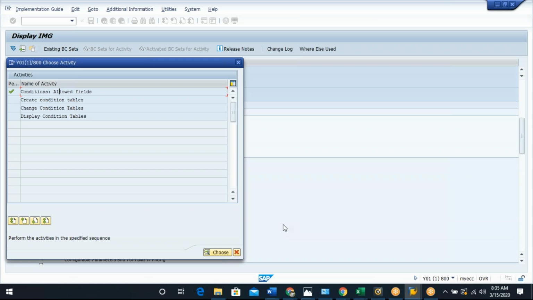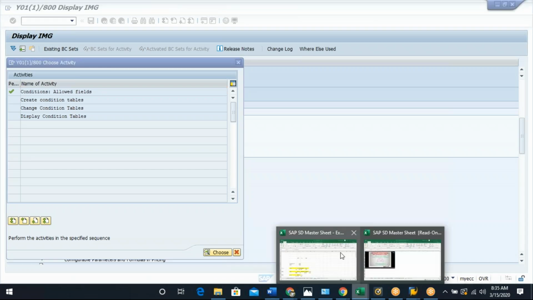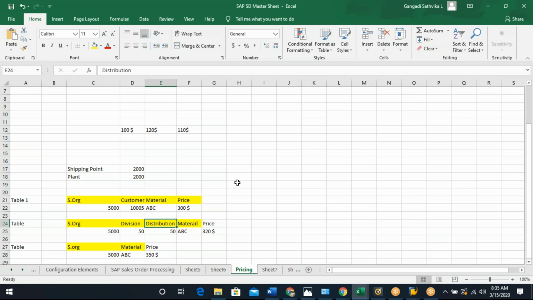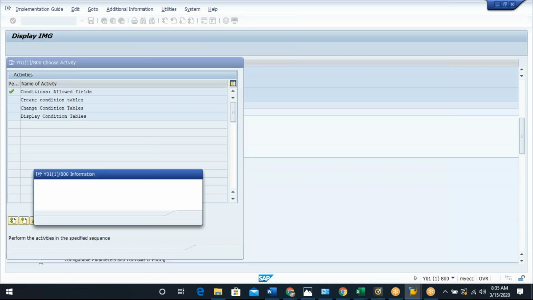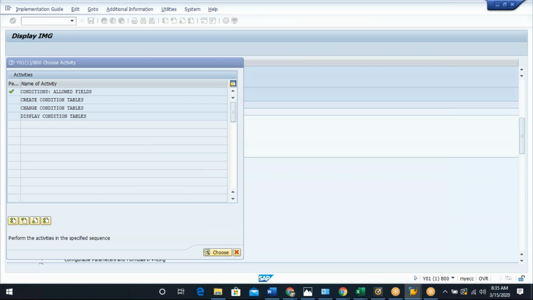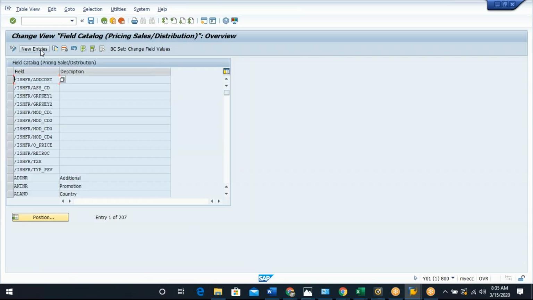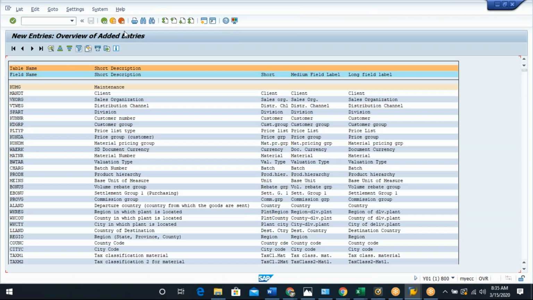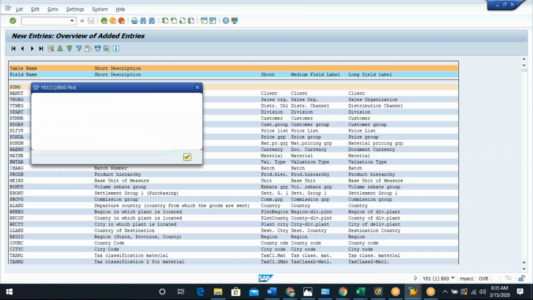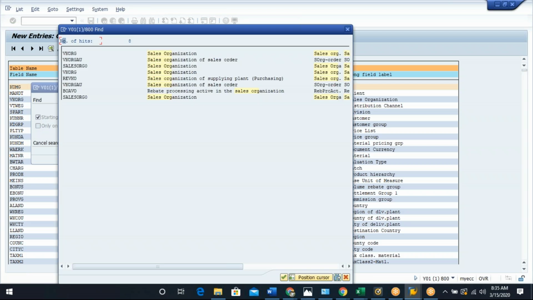For example, you need a field which is not in the list, which is not given by SAP. You can go and add it here. Okay, you can go and add that key combination. If you go to the new entries, okay, so all the available fields in the system, okay, sales organization,